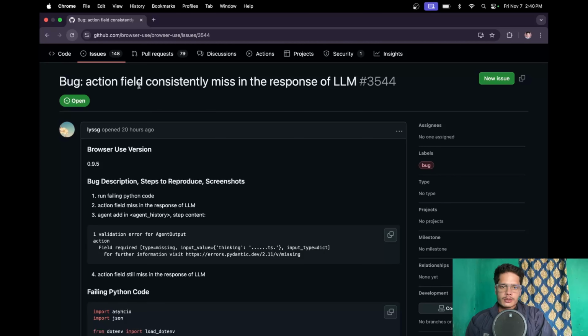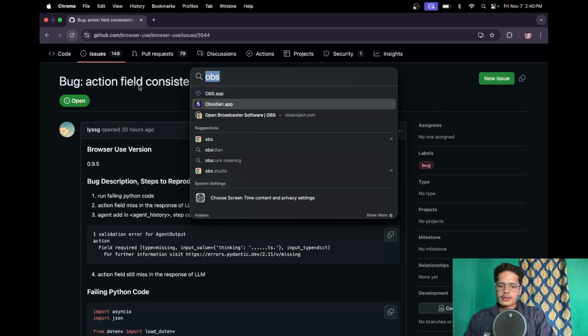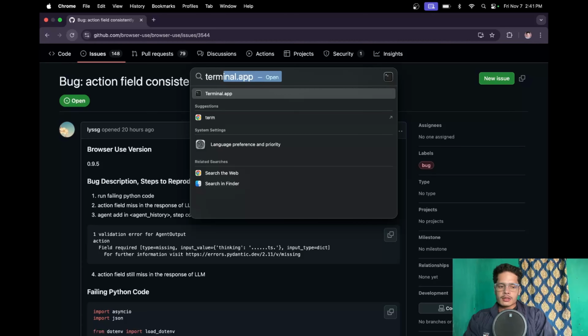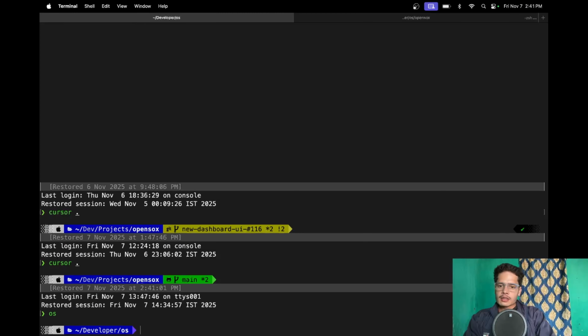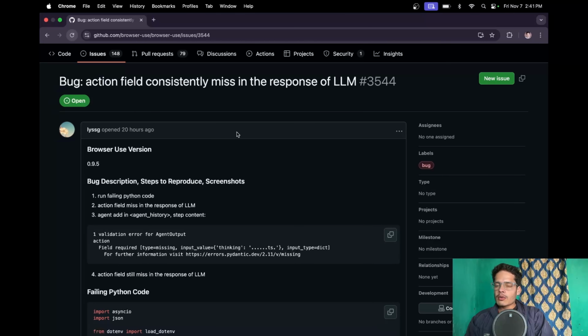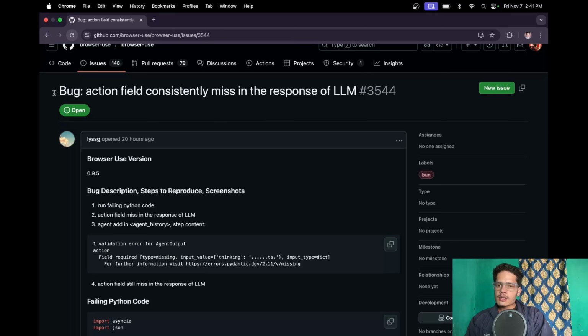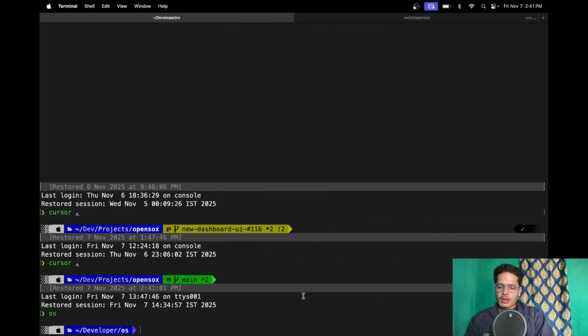Okay, so let's do one more thing here. Let's open this code base locally so that we can understand the code along with the issues. What we can do is use Cursor: we can copy this issue and paste it into Cursor, and Cursor will let us know which part of the code base is causing the problem. So let's open